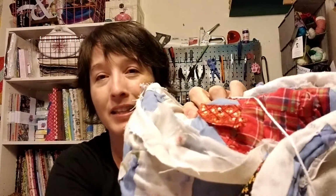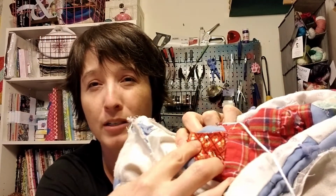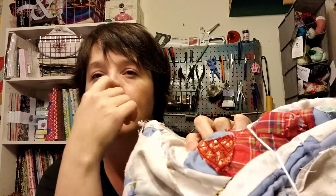But I'm going through, because there was still, even the parts that I kept, some big places. So I've got that pinned on there right now, but so I'm kind of stitching on fabrics that are just funky fabrics to fill in and sew, because I'm gonna eventually put a back on it, because the back is really worn out. It looks like it was probably an old sheet or something, and then put a new binding on it so I can have it to use sparingly, which is probably what will happen,